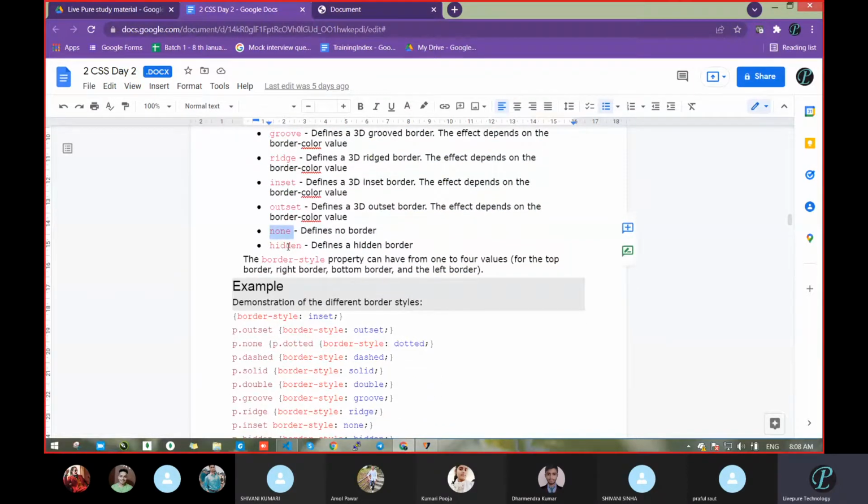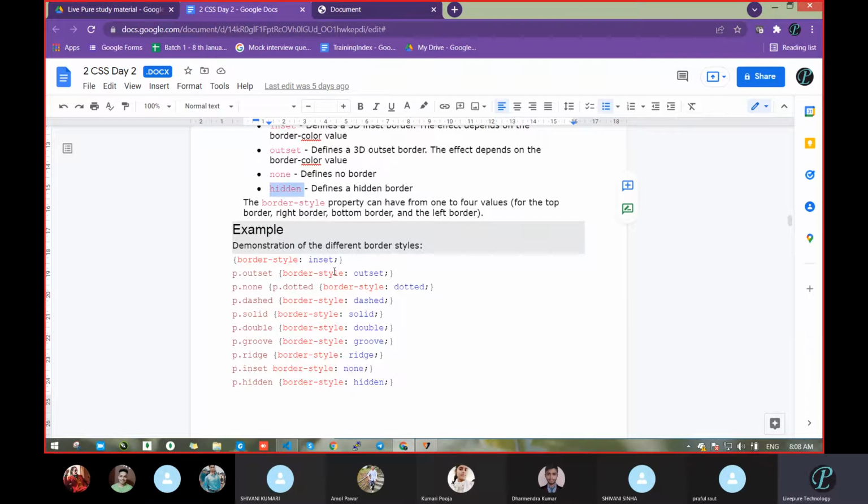In case of hidden, the border will be there, but in case of none, the border will not. Means in both cases the border will not be there. First point. Second, in hidden, it will be hidden only, means in the DOM it will still get that section, it will get an area. When we get that exact property in the upcoming CSS, at that time we will see the difference between none and hidden.